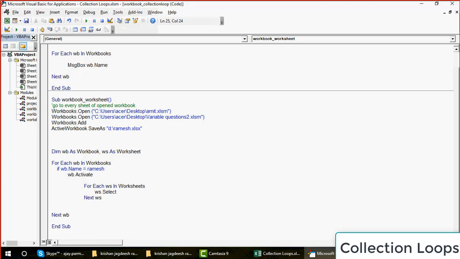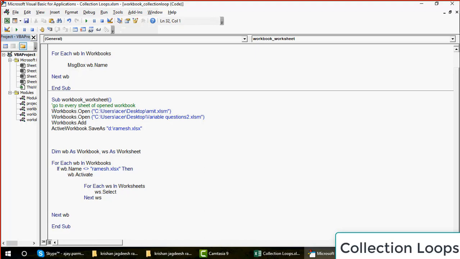I'm not sure if I told you this thing. In VBA, the strings are case sensitive, so make sure you write in the correct case. So if I say that if the workbook name is not ramesh.xlsx, then please go and activate the workbook and run the entire loop.